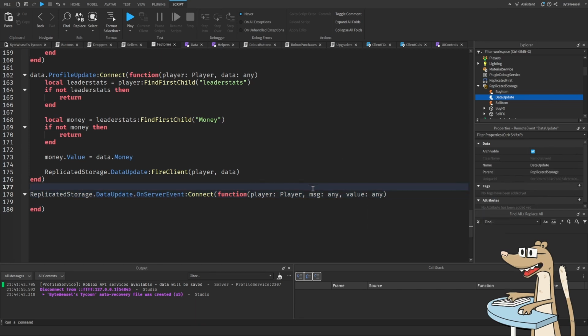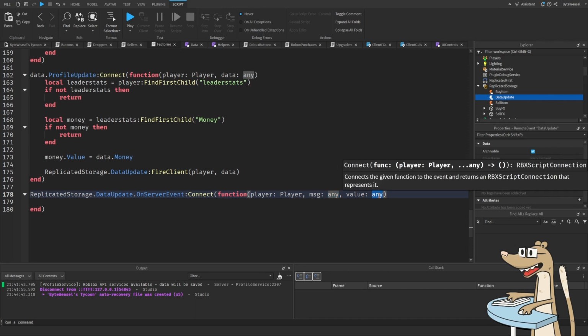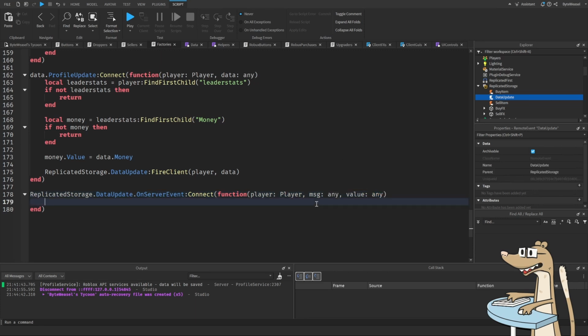The interesting thing about this is that you should never assume the type of variable that comes in to the server. And the reason for that is any events that come from the client could actually be altered by malicious people. So if some person has a malicious client, they've added some sort of exploit, they can control any message that their client sends to the server. So one thing you don't want to do is assume that this is always going to be only data that you've given and then do something like,